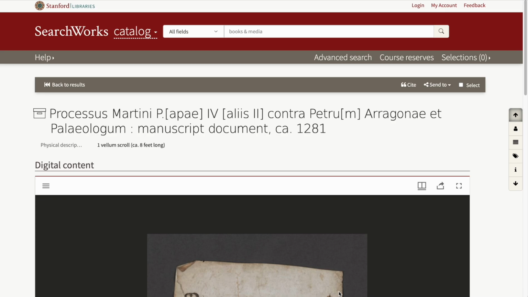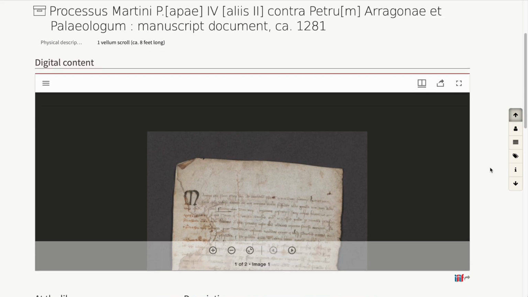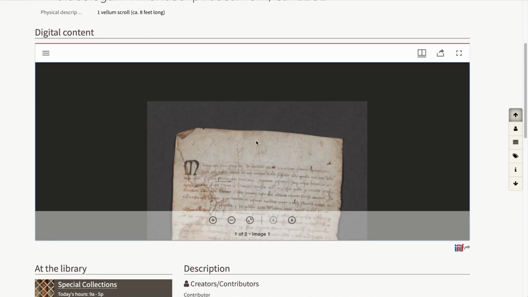This tutorial will cover keyboard shortcuts that you can use when browsing digital objects through the image viewer. Firstly, we will need to activate the image viewer by clicking into the viewing pane.